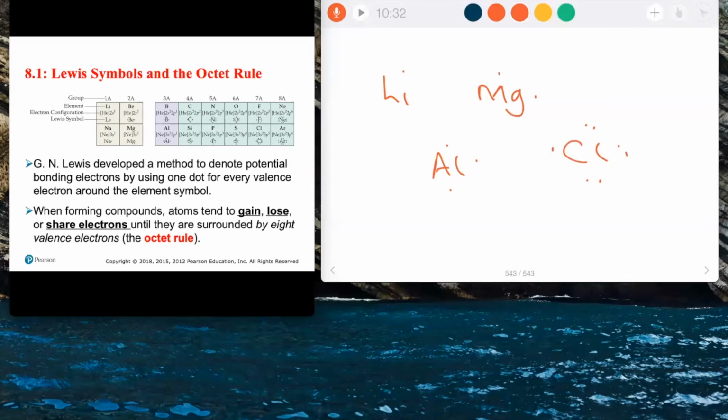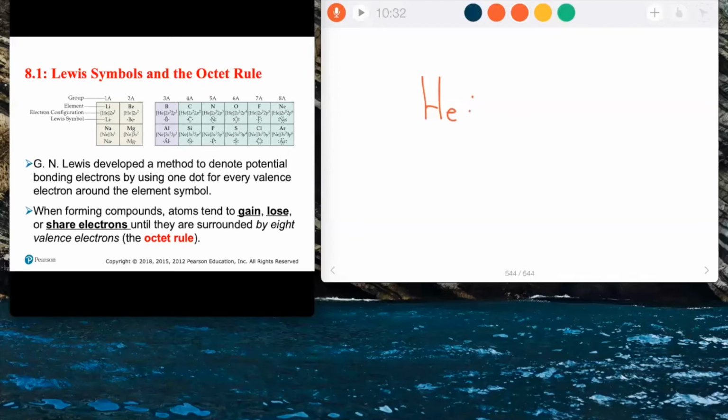You can use the group number to determine the valence electrons, except for helium, of course. You only pair them up for helium. It's the only one you can pair up, and so, of course, not 8. So remember, the Lewis symbol for an element is basically the chemical symbol, and the dots representing the